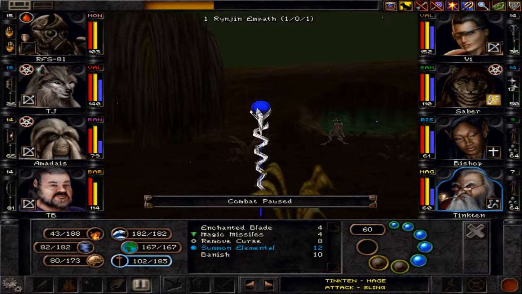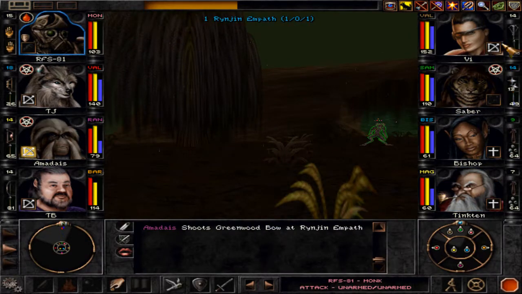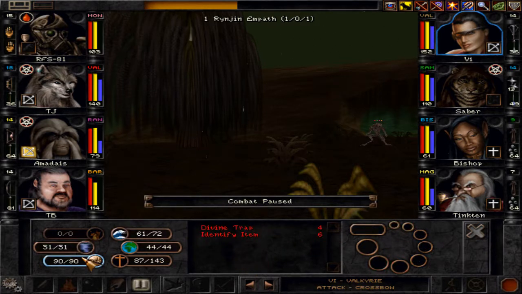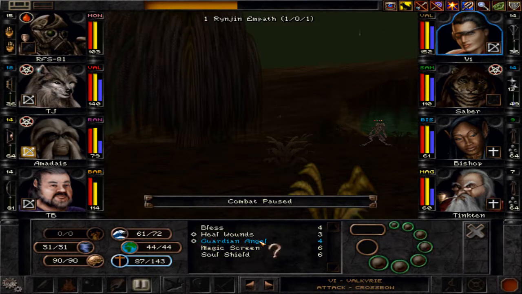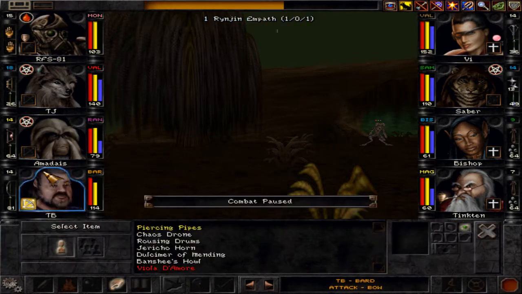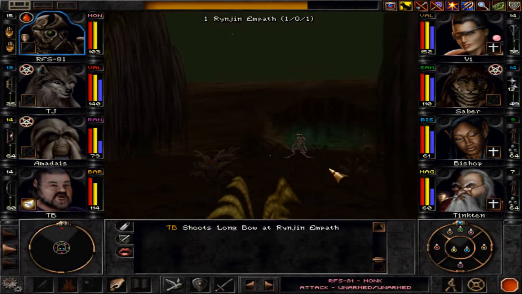Summon an elemental, will punch that thing in the face, will you? Right then. Westall's not really any good to us. We will close the gap in a minute, but first things first. Don't trust empaths. You should never trust an empath. If you ever meet an empath,